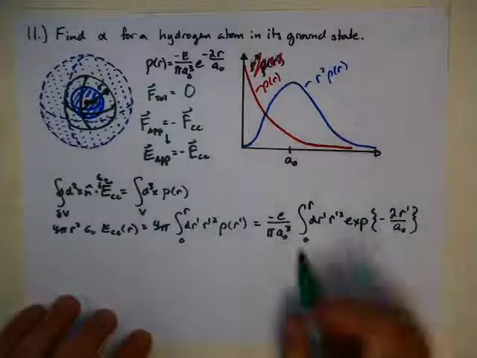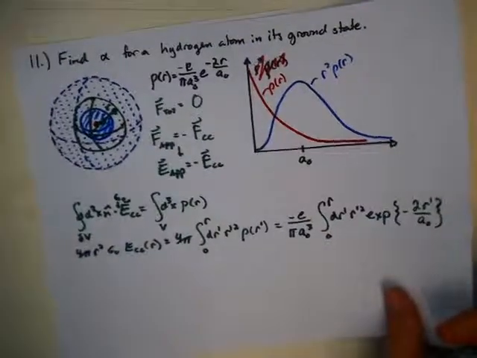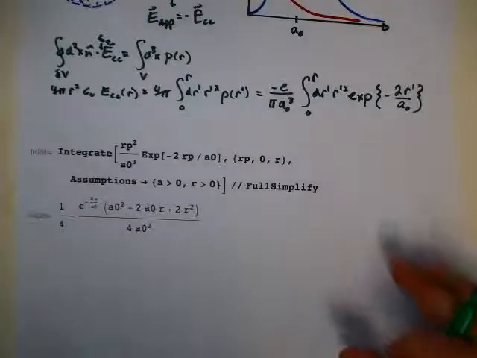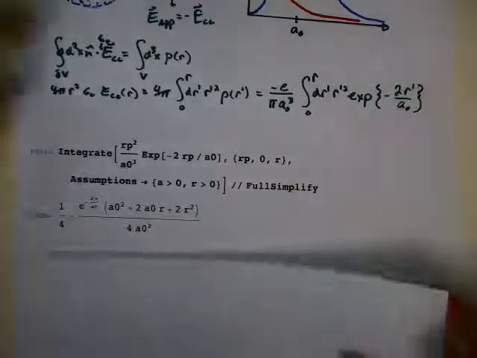Now I have to evaluate this integral. The way I like to evaluate these integrals is, of course, to use Mathematica, and so here is the integral evaluation from Mathematica. So just taking this and moving on,